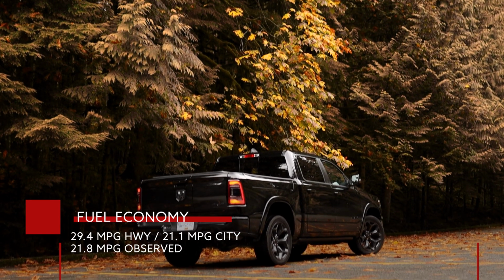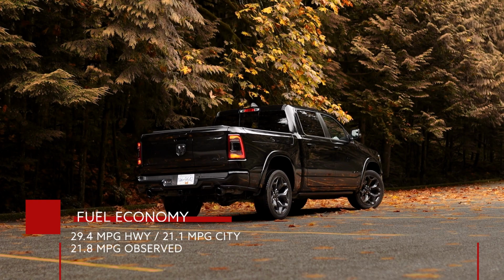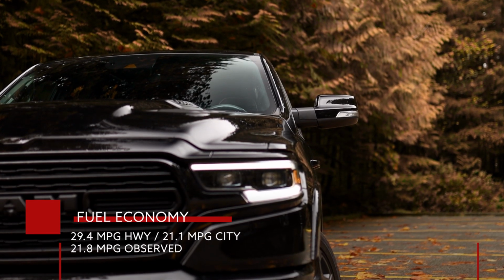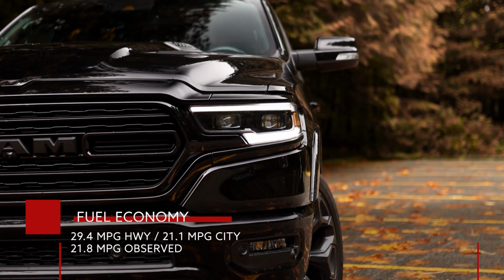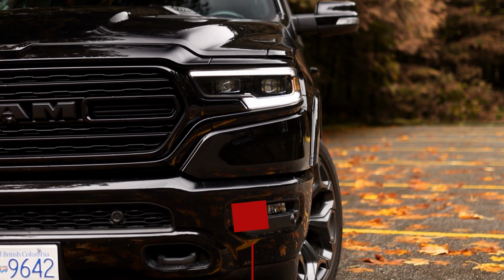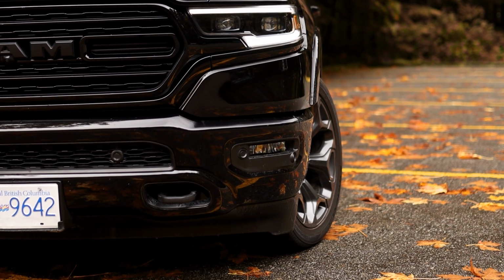About 80% of my driving so far has been city, and I'm averaging about 10.7, 10.8 liters per 100 kilometers. If you're going to be doing a lot of highway driving, then this truck with this engine is the one to go for. Mated to the engine, and actually all the engines in this Ram 1500 Limited, is an